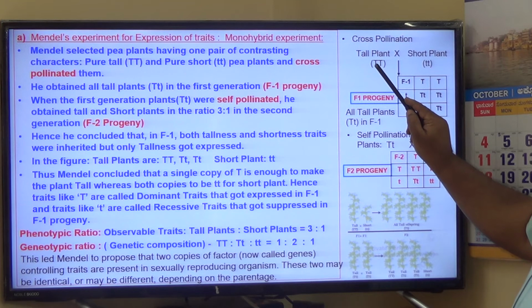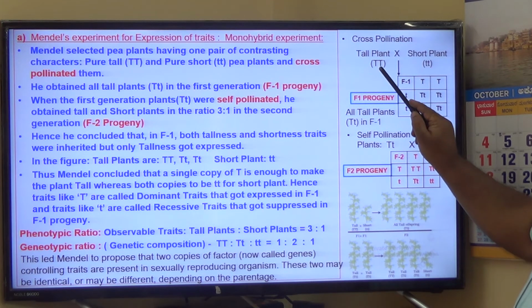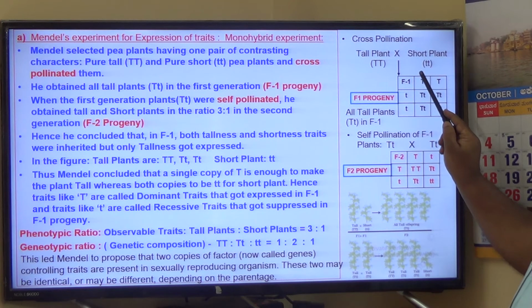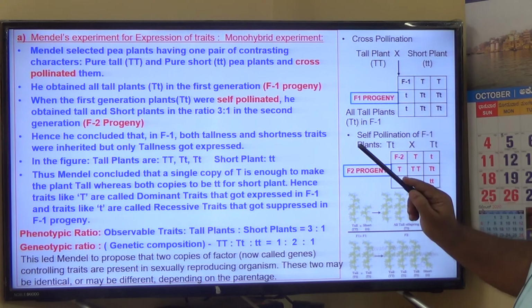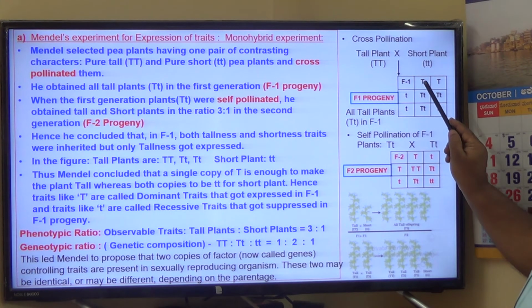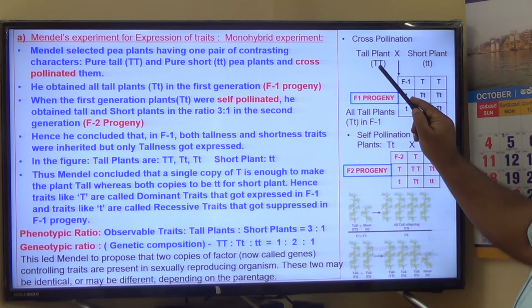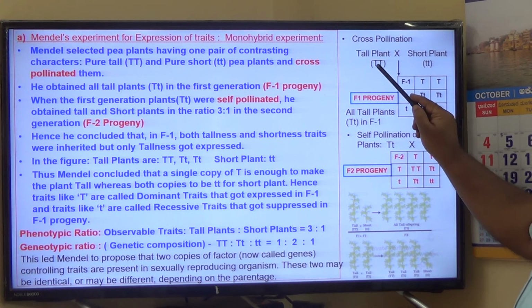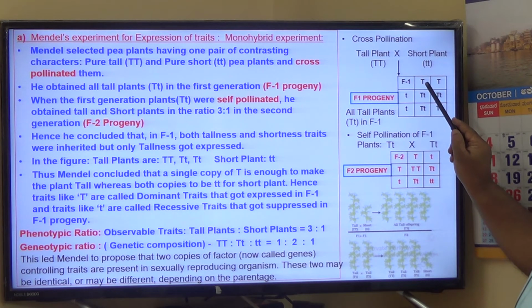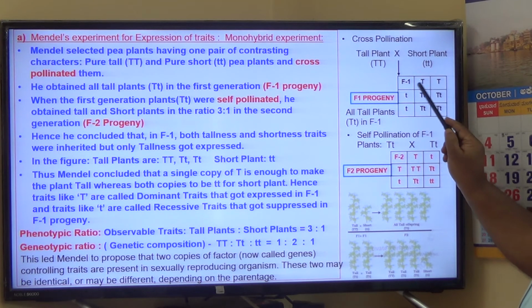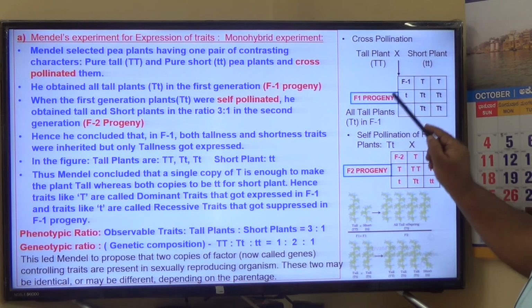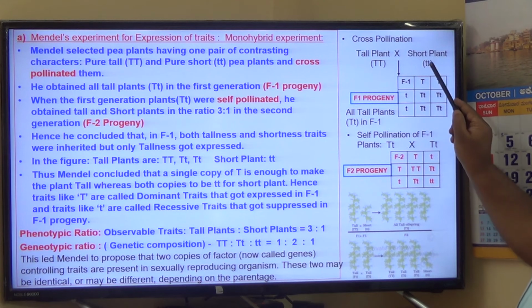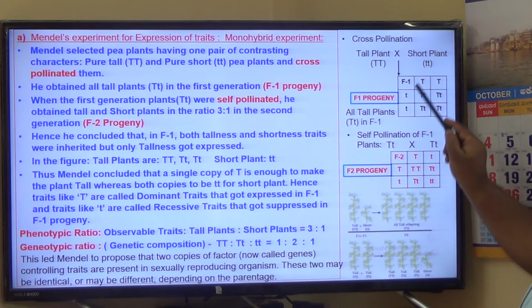The genes are represented by T and T. These are called alleles, but the gametes contain only half the number of genes. So the male sex cells, or you can say the gametes, contain only half the number of these genes. So the male sex cells or the gametes contain T and T. There are two gametes here, and here the short plant I will consider, and the gametes of the short plant are small t and small t. So the crossing of this